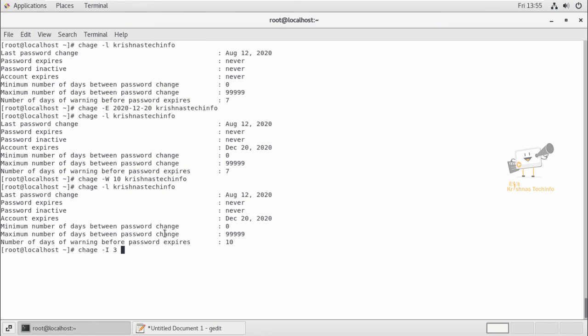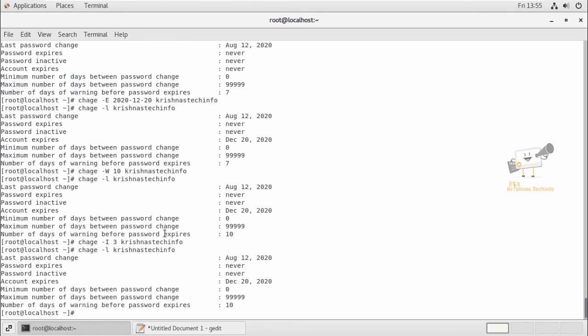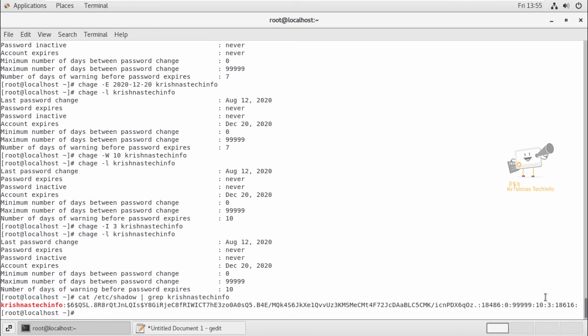I'm going to set it as 3 and the username. Now I have set it as 3. Now you can see in the shadow file, it has changed to 3. So in this way you can change your user account's password expiration dates and aging.